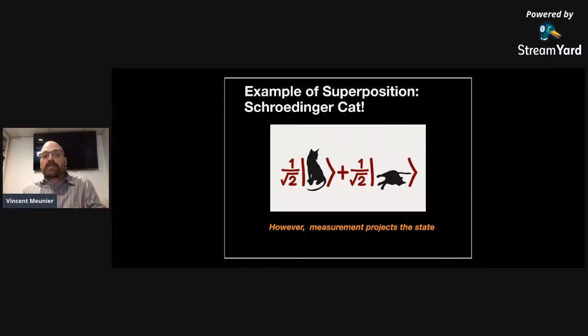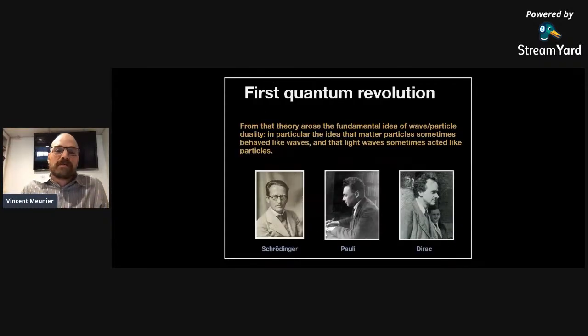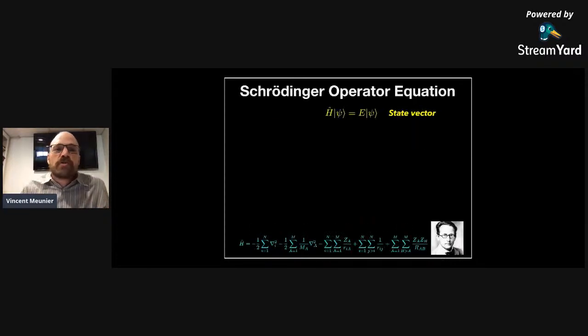I know I spent quite a bit of time on this, but I think it's fun. The first quantum revolution was actually to explain all this. There were a lot of very smart people who worked on this, including Schrodinger, Pauli, Dirac, and others. The revolution was to be able to explain all those phenomena. In particular, if you look at the Schrodinger equation, which I provide here at the top using the notation I just introduced, it can be solved in general for any system.